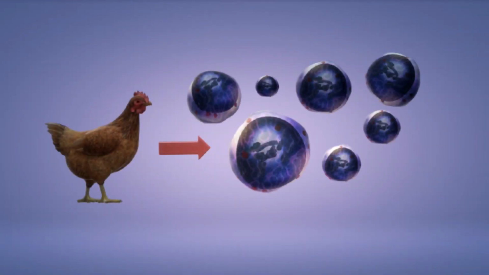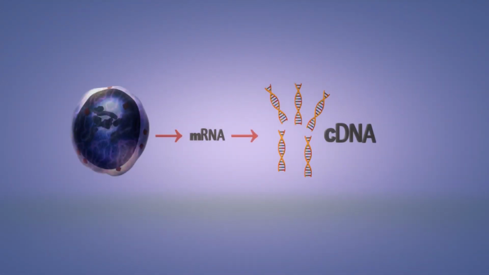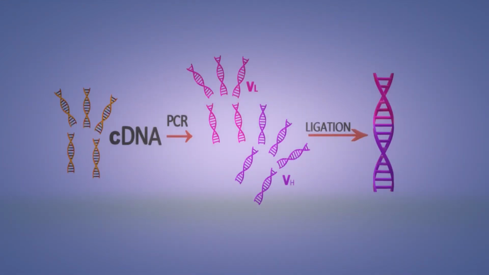It is important to point out that we'll only produce the variable part of the antibody, which is the binding region of the antigen and where the neutralization will take place. To produce the antibodies, we will infect a chicken with the spike proteins of COVID-19 to extract its antibodies, more specifically immunoglobulin Y. In brief, for phage display technology, first, the lymphocytes containing the specific antibodies are isolated from the host animal that has been immunized. Then, the messenger RNA encoding for the antibodies is retrotranscribed into complementary DNA. The variable regions of the antibody cDNA are amplified by PCR and then ligated with each other into one